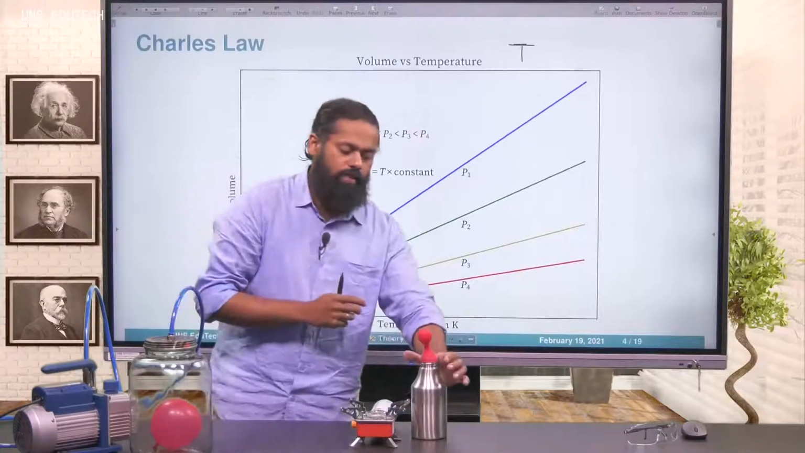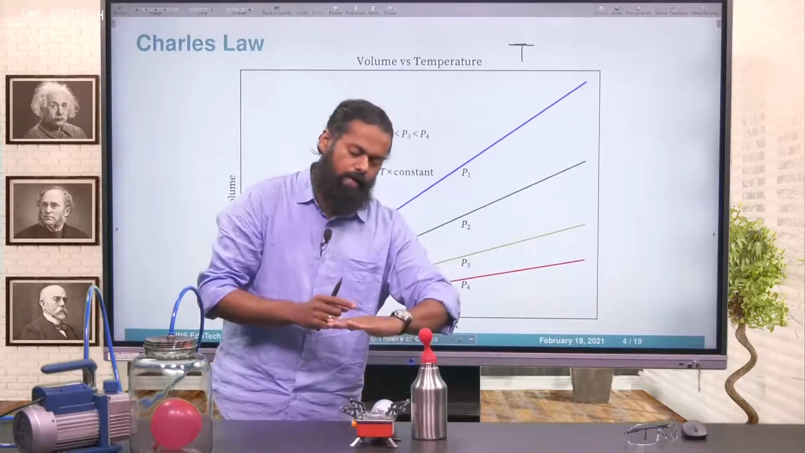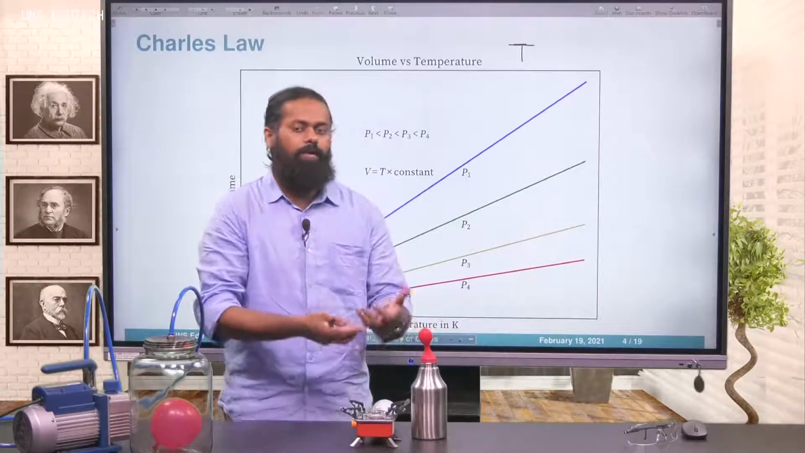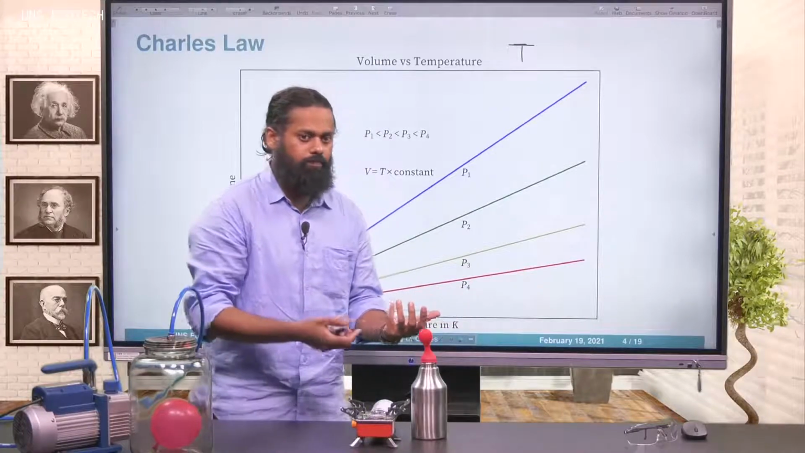So that is why we are saying, suppose one more case is there. If you are completely closing this, you are preventing the system from any further expansion. That means,